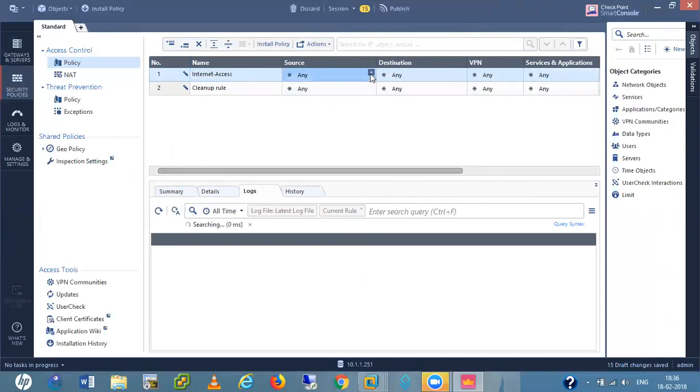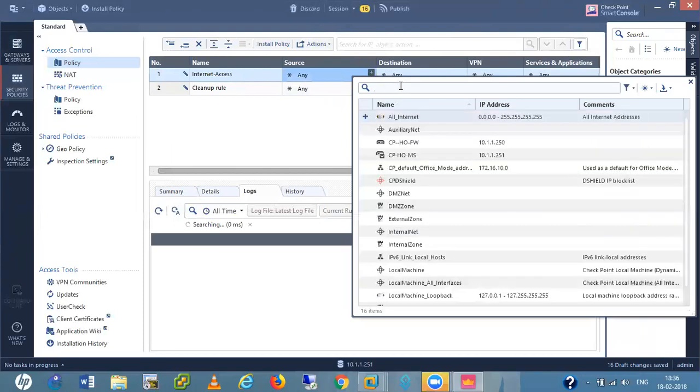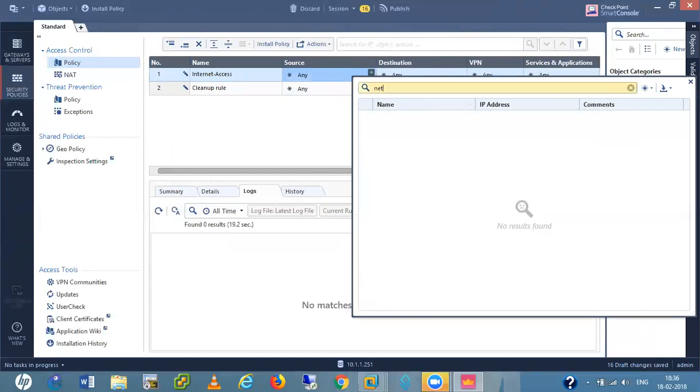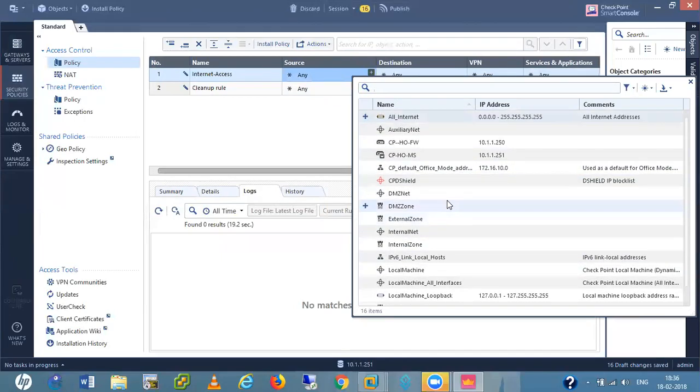In source, I'm just searching for net. Nothing is there. So let me add some network here.